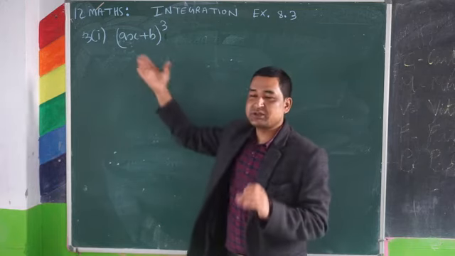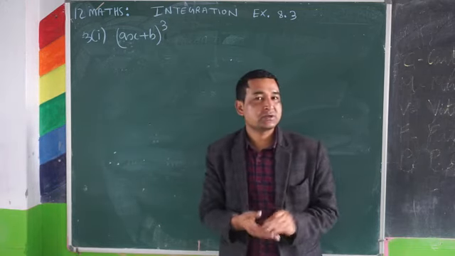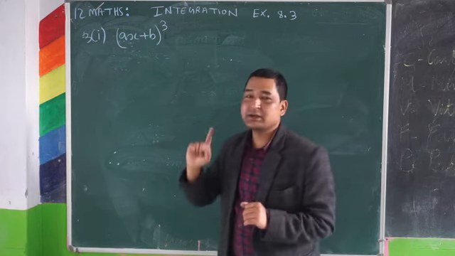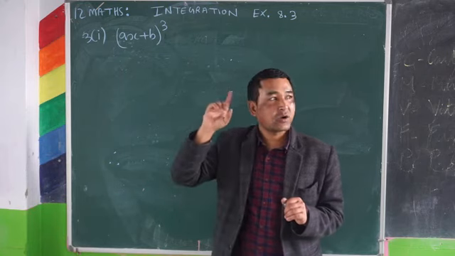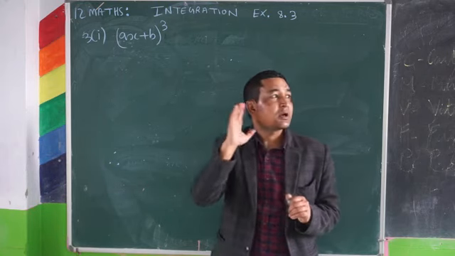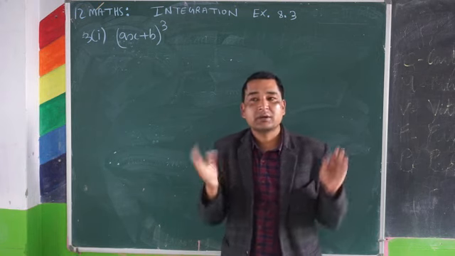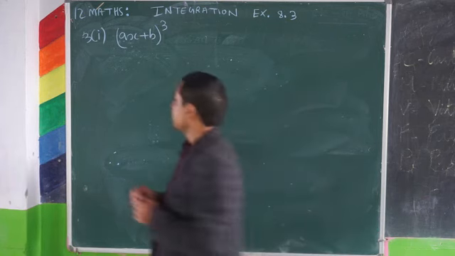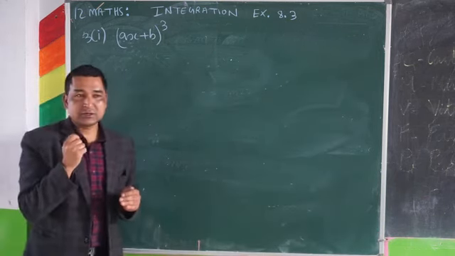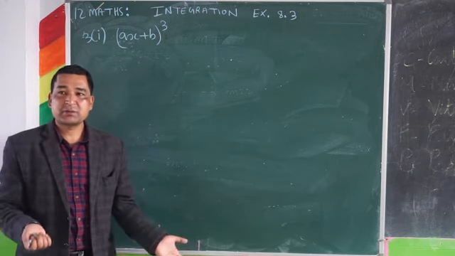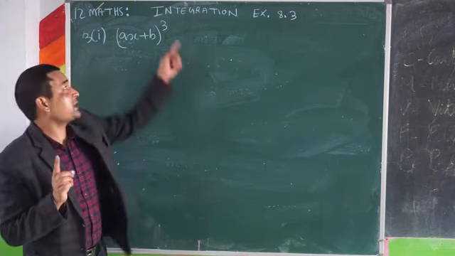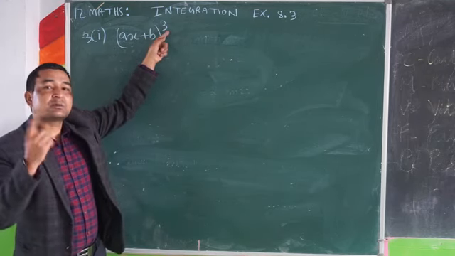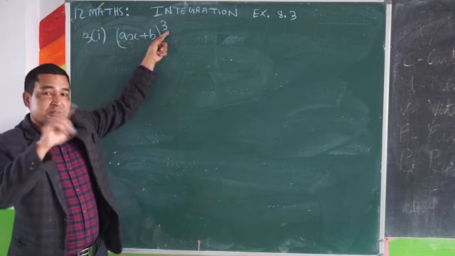The base always remains in the question also, because while doing the differentiation of a power, the base will not change. That means the question for this answer is ax plus b to the power 4, because after differentiation the power of a variable or any expression decreases by 1. If you add 1 to this power 3, it becomes 4. That means the question contains power 4.